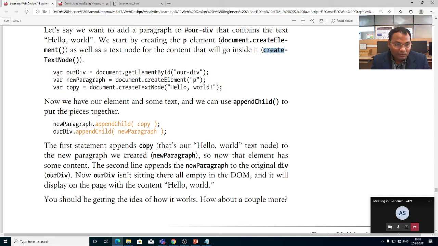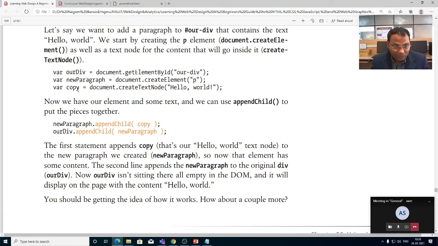Now look at this example. The variable ourDiv equals document.getElementById. Then the variable newParagraph equals document.createElement paragraph, and the variable copy equals document.createTextNode "hello world".